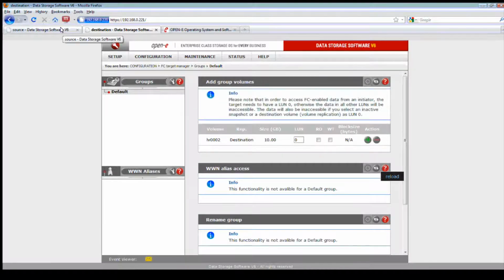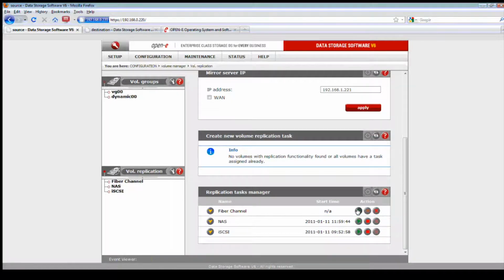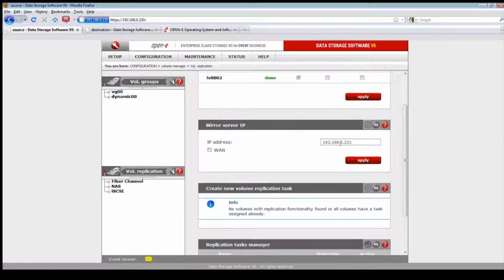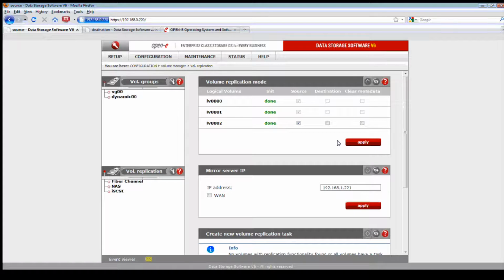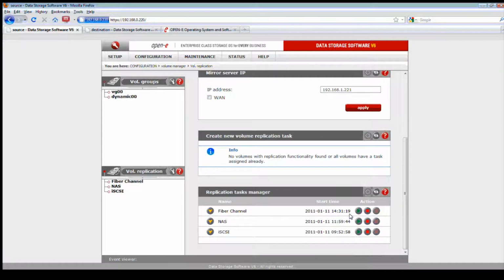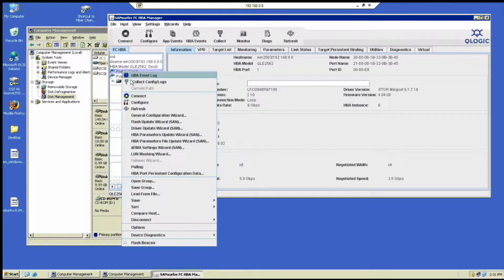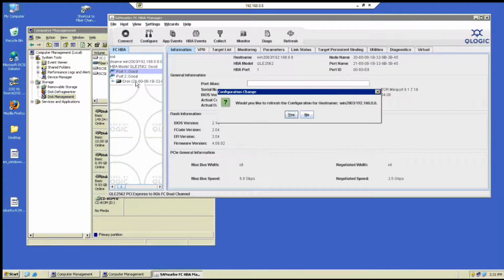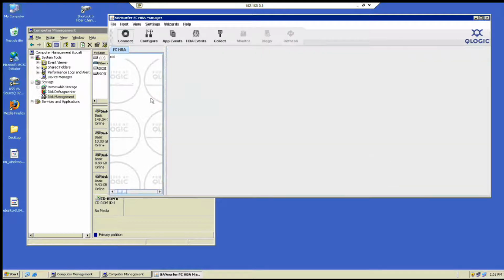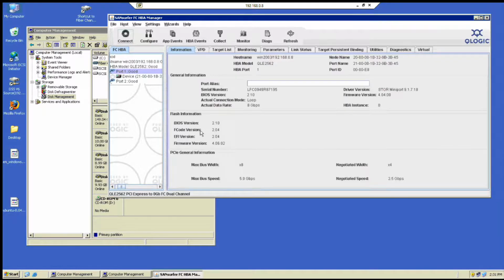Then at this point in time, what you want to do is go to our destination, dismount the target, which is now the new destination, which we reverted back. So we're going to dismount it. Go back to your source, to the volume replication, and kick off your replication task. So that pretty much is it, basically putting everything back together. And of course, it locks it down, and you're back to replicating in your original first position.